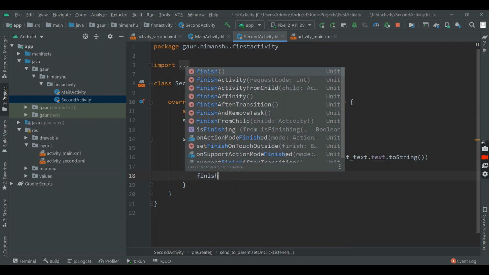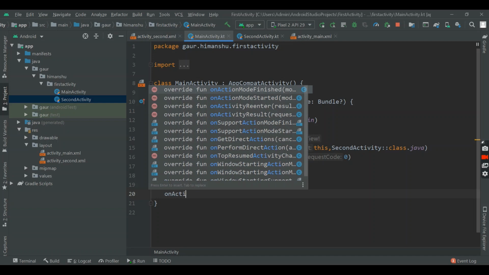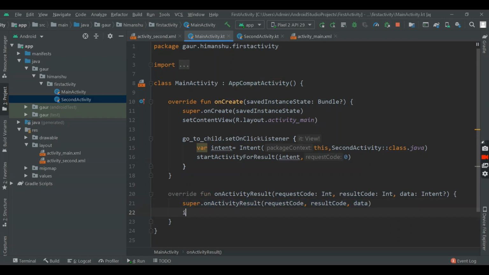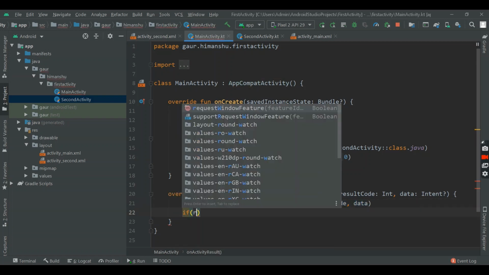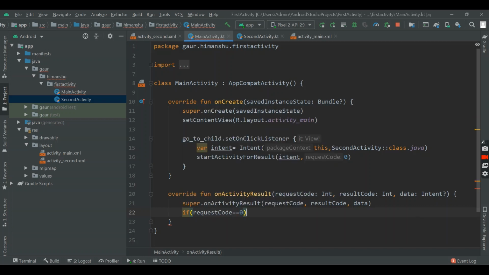Simply finish this activity. Go to your main activity, and here you need to override the method called on activity result, this one, and check if request code is 0. Then we take data from our intent which is passed here in the name of data.